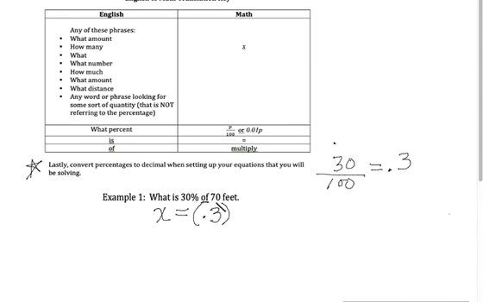What does the word of mean again? Multiply, right? And then we're going to have 70 feet. You need to pay attention to what you're going to be solving for. We're looking for number of feet, right? So we're saying what is 30% of 70 feet? Now all you have to do is get your calculator out